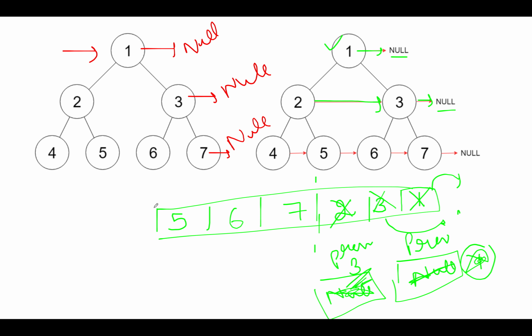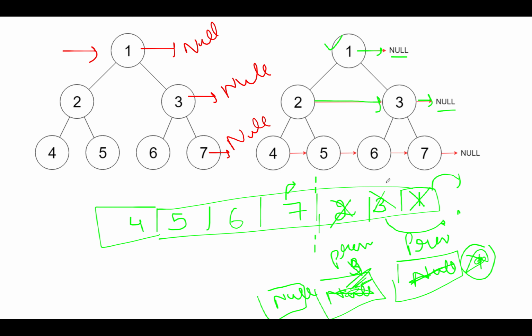5 gets added, followed by 4. We also observe that this is the end of the traversal at a particular level. We'll reset the previous node back to null, so previous node gets set to null for the next level iteration. Let's start the process. Next we see is 7.